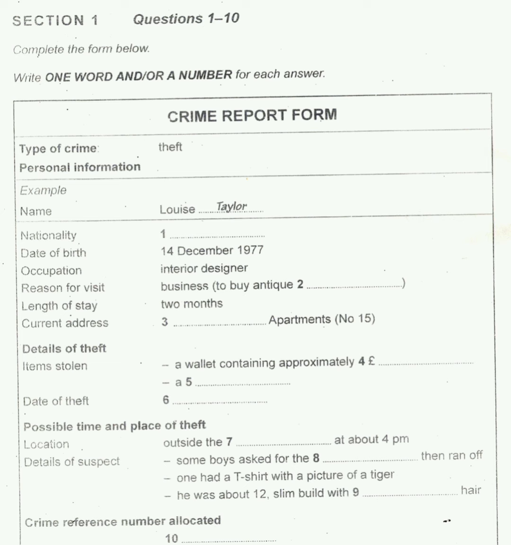Can you remember anything about them? The one who did most of the talking was wearing a T-shirt with a picture of something. Let's see. A tiger. Right. Any idea of how old he might have been? Around 12 years old? And can you remember anything else about his appearance? Not much. He was quite thin. Color of hair? I do remember that. He was blonde. All the others were dark-haired. And any details of the others? Not really. They came and went so quickly.